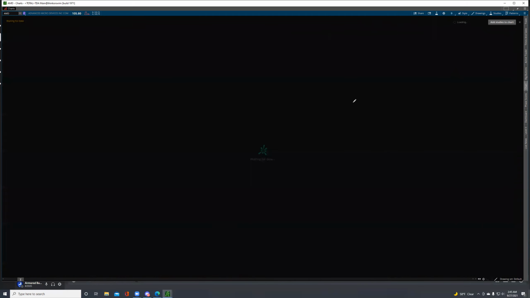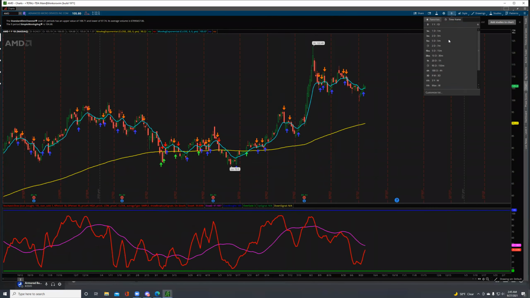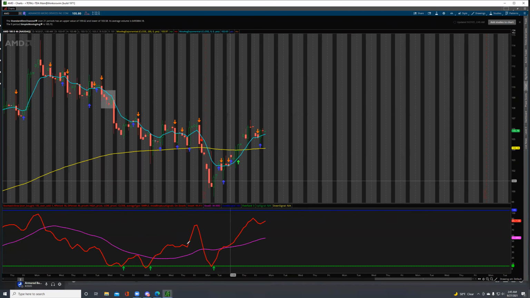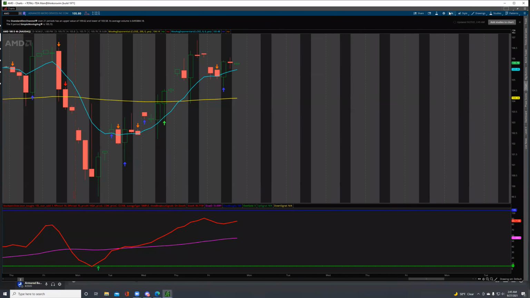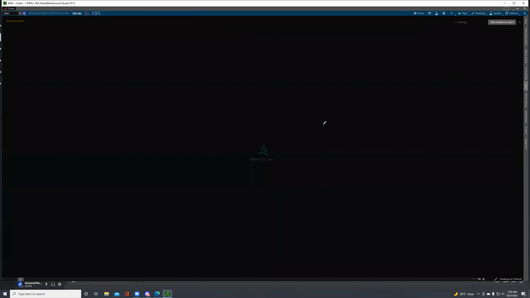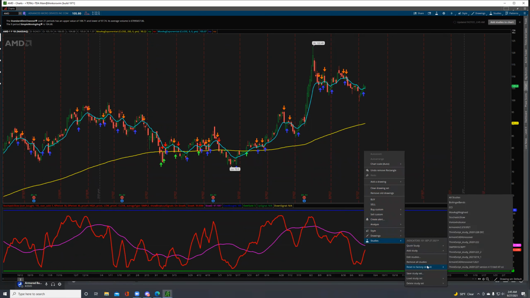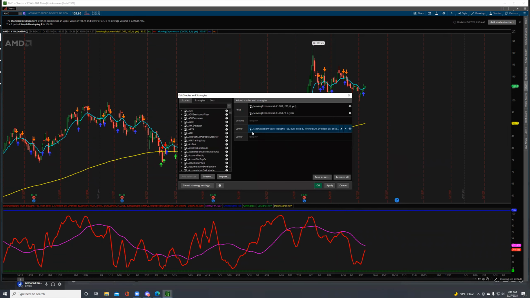Okay, so let's go back to the daily, because I feel like the daily is really the best chart to look at with this. The 4 hours got a lot of breakout signals, so it can really mess with you. So let's put it back on the daily and let's continue on. So let's go ahead and let's remove. Let's see. We're going to take off the stochastics and we're going to, oh, this is another way you can add, I'm sorry. So if you click on it to remove it,